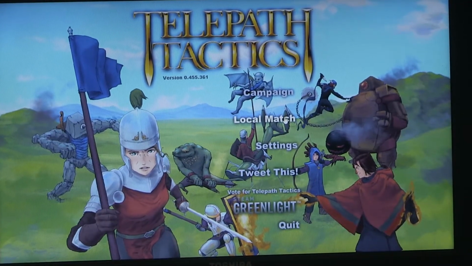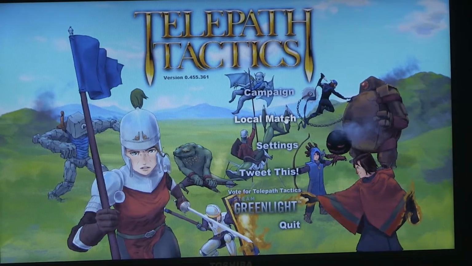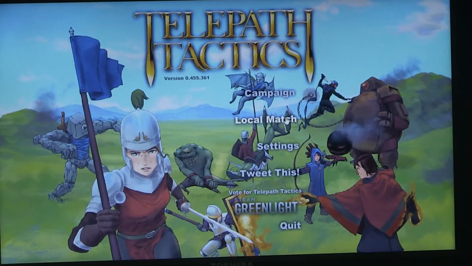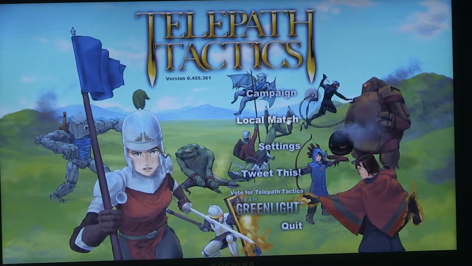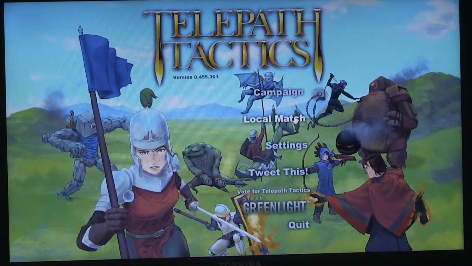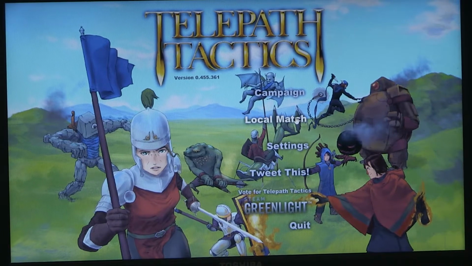Telepath Tactics is a strategy RPG kind of in the Fire Emblem vein. You go through a story-driven campaign with unique characters. There's permadeath. Characters all have different classes. This game actually has 22 different character classes. One thing that sets it apart from Fire Emblem, though, is there are a ton of really unique environmental manipulation